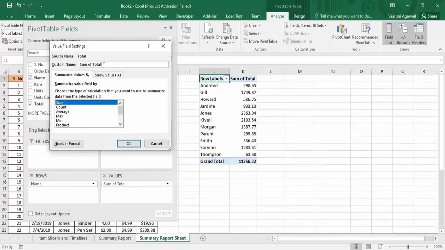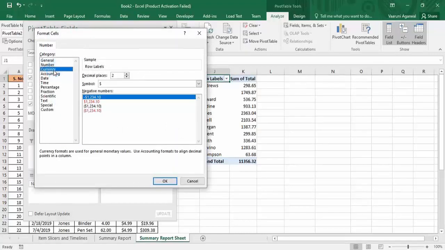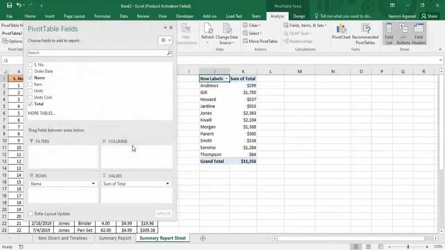Then you can go to Number Format. In the number format, there is this Currency option. You can go to it and change its currency to anything that you want. I'm going with 0 decimal places, and the symbol I'm using is a dollar, but it's totally up to you. You can select different symbols from here as per your wish, but I'm going with the dollar symbol. Then click on OK and again on OK. So you can see the applied formatting.